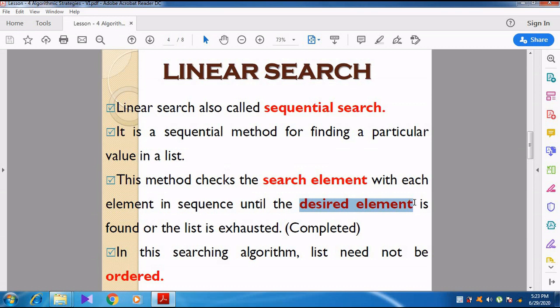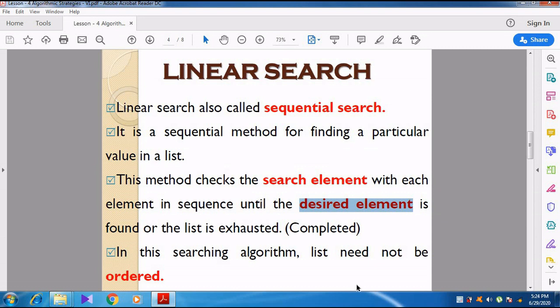For example, consider a list with 5 numbers: 1, 2, 3, 4 and 5. In these 5 numbers, I am going to find the number 4. That number 4 is called the search element, the desired element. I want to find the number 4.